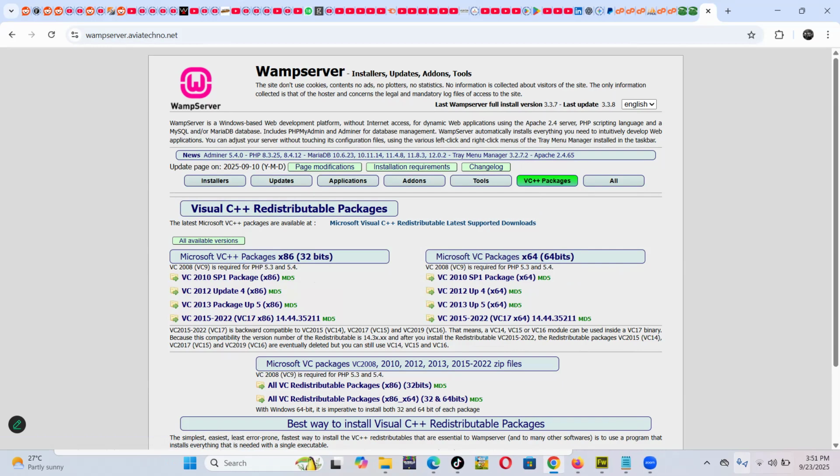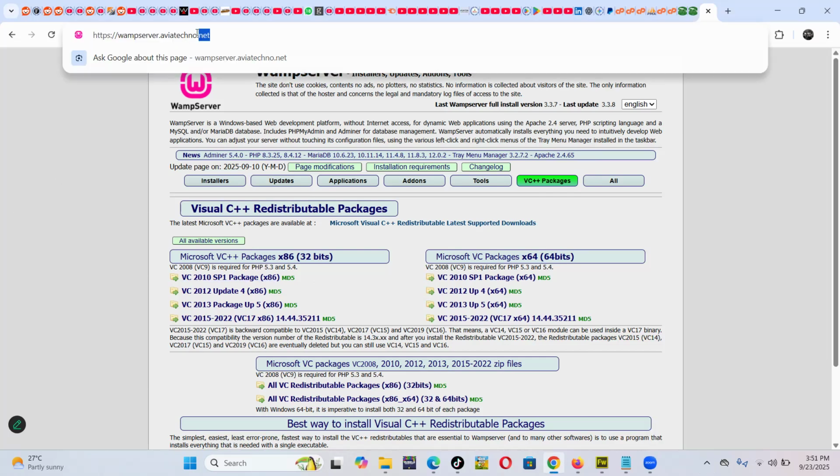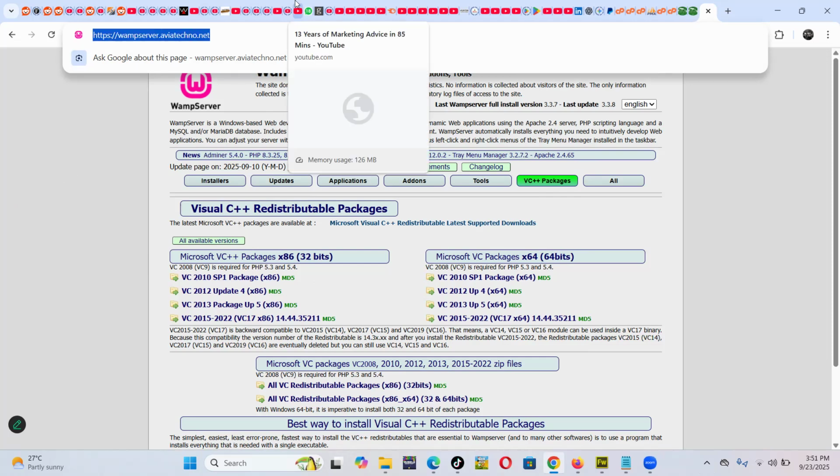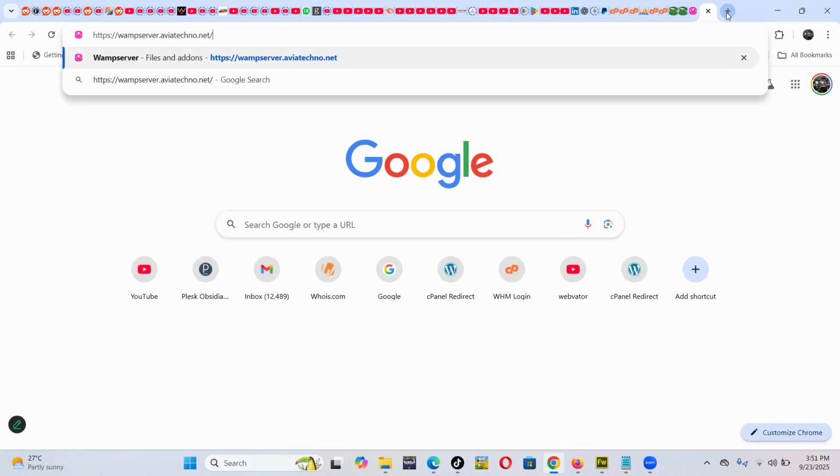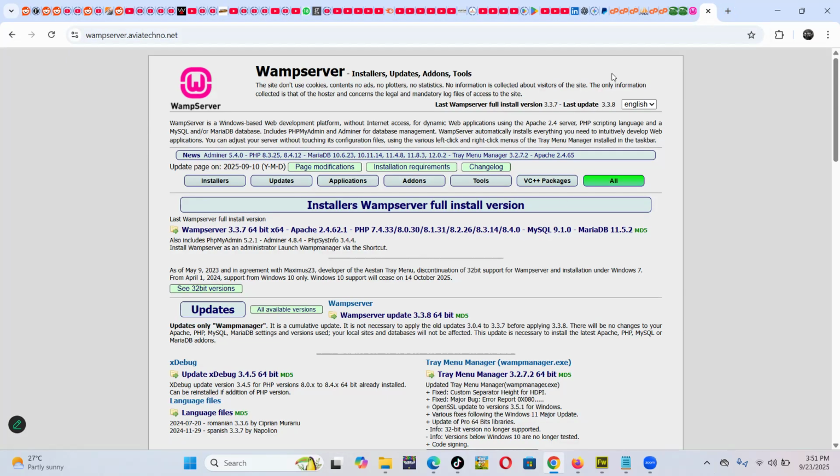So in this video, I'm going to show you how you can fix those errors with your WAMP. It may be a different error, but this is the same way you can fix them. So what you do is you go to the WAMP server website, wampserver.aviatech.net. That's the link. I think I can leave it to you in the video description. Then you go to these installers updates, you go to VC++